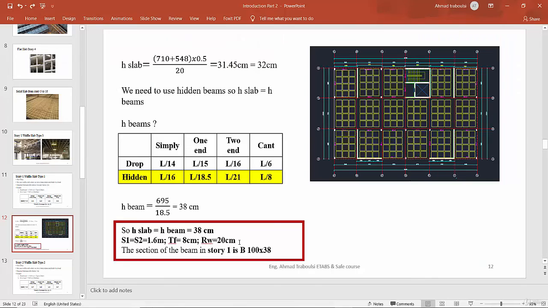This is a constant section. We can always use it, but we must calculate the thickness of the slab. These parameters, or this section, are critical and standard for waffle slab. So for the beams of the waffle, we assume that the hidden beams have width equal to 100, and for depth, as we calculated before, equal to 38 centimeter, and the overall thickness of the slab equals 38 centimeter. So we can